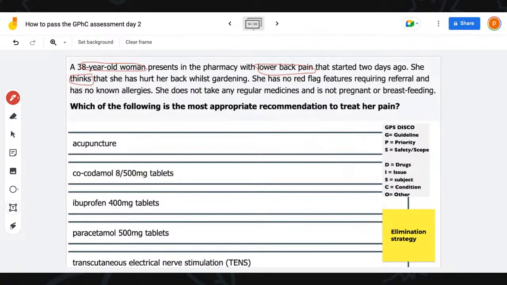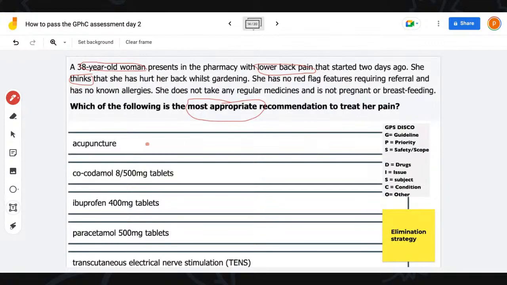GPS, what does the guideline say? The reason why you have "most appropriate" is because you can have more than one plausible answer in this question, but we need to look for the most appropriate. And the only way you know the most appropriate is GPS. So think about GPS as your navigation. GPS is what's going to help you to know between A and B. So when you get to the stage where you can eliminate certain things and you stop between two answers, GPS is what gets you to know the right answer to choose.